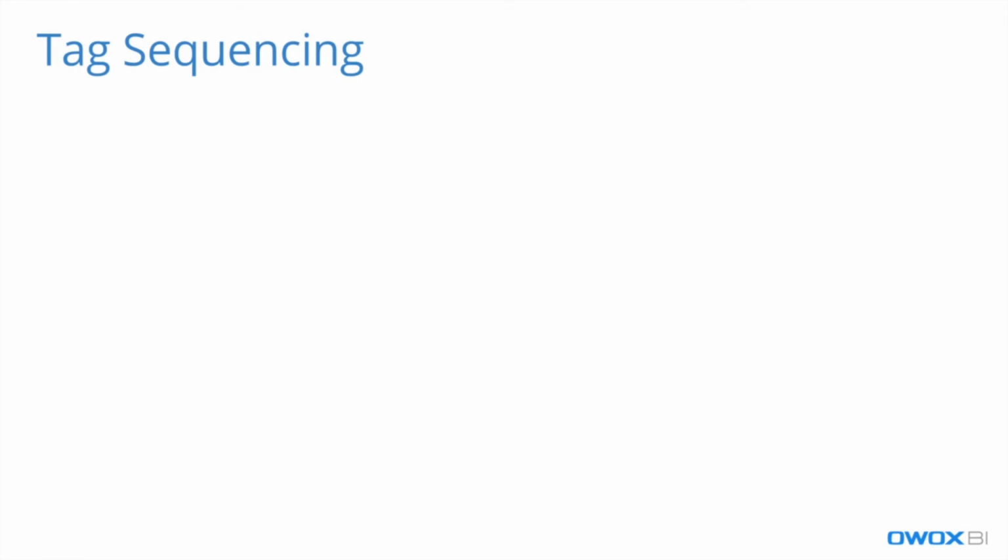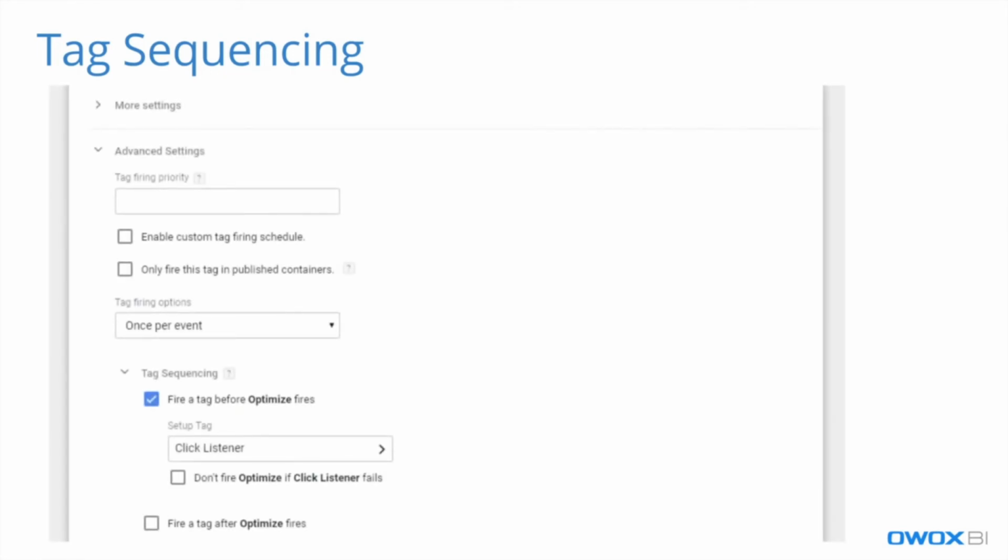So the first of them we would like to share with you is tag sequencing. This is the ability to set up whether a particular tag needs to be fired after some previous tag was fired, or vice versa, that it should be fired prior to another tag. It is needed very often when, for example, the first tag deploys some values for particular parameters,